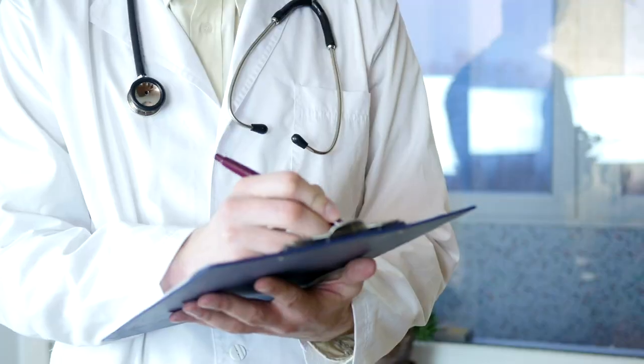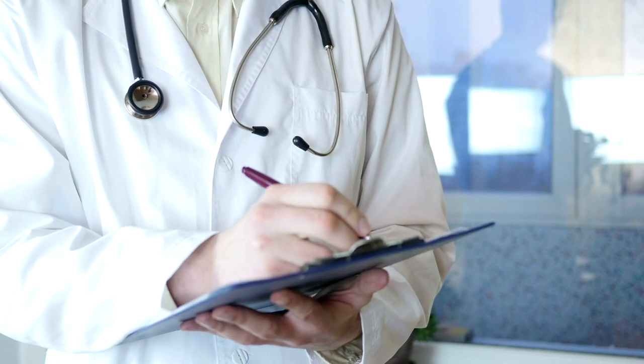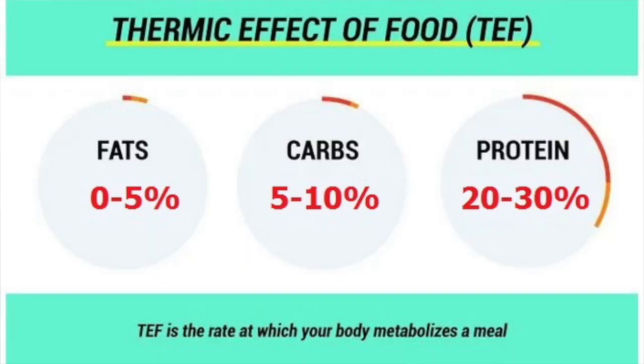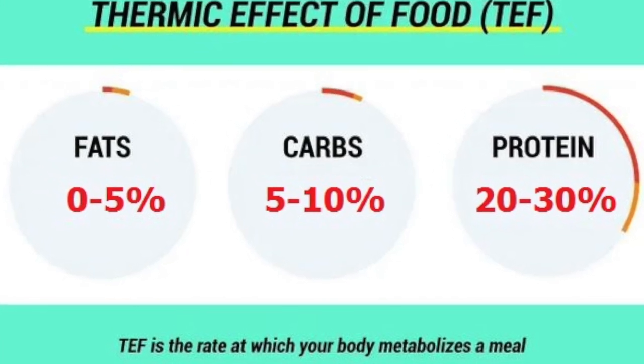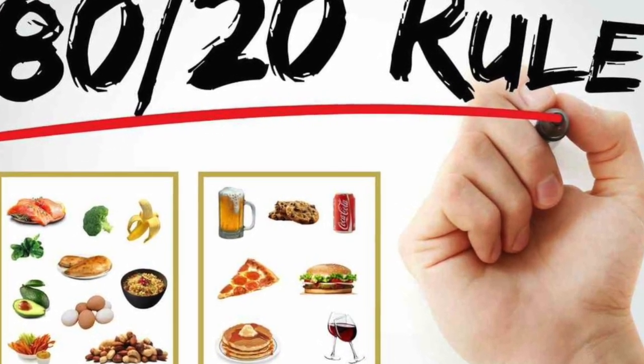Now, once again, I can't stress this enough, and I'm going to continue to say this: when it comes down to calories, don't make it complicated. It's the food that you're consuming, your proteins, your carbs, your fats. At Heartletics, what we like to focus on is the 80-20 rule. We don't believe in diets at all. We believe in giving somebody proper education and knowledge, knowing that, at the end of the day, as long as we're training them properly and coaching them on how this all works within the body,